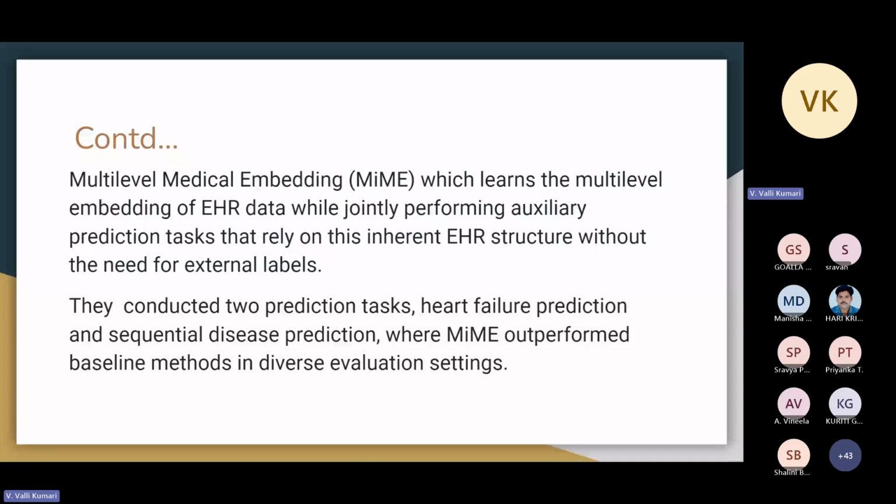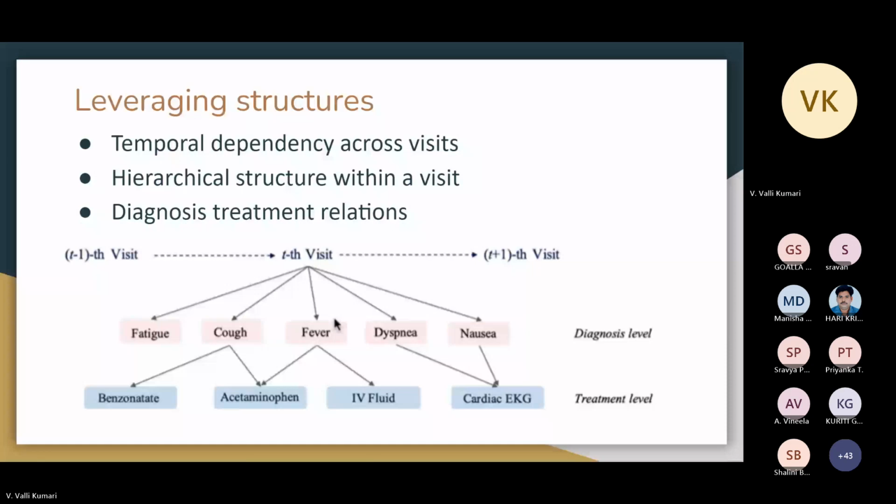So this is mine, and this learns the multi-level embedding of EHR data while jointly performing auxiliary prediction tasks. So it's not just directly combining all the data into a visit, but there are two more. I mean, there is a hierarchy